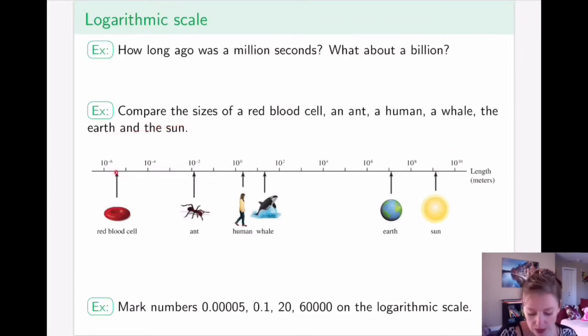So a red blood cell is 10 to the minus 6, right? Very, very small when this length is in meters. Earth and Sun are much, much larger quantities. So see, the problem is if I were to write a comparison between a red blood cell and a sun, of course, if I actually wrote out these numbers as numbers, one would be very small, one would be very large. A logarithmic scale allows us to move these numbers down, compress them into something a little more comprehensible and a